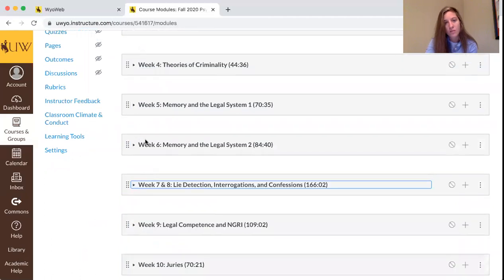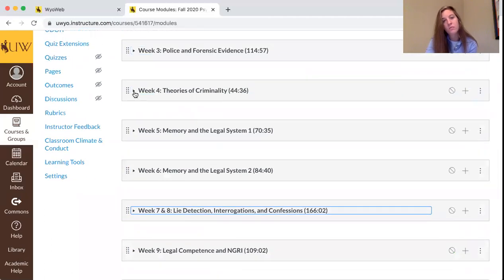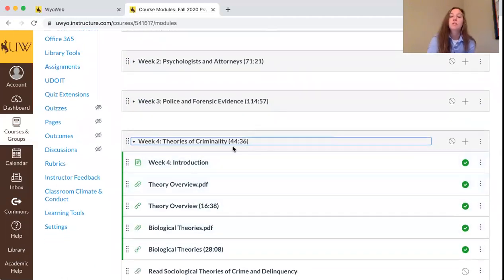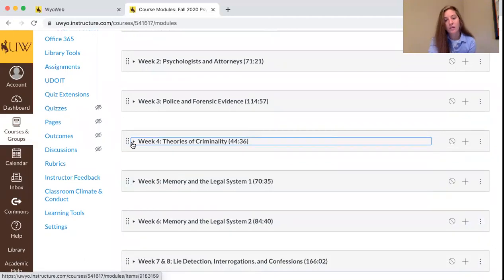And then I believe there's at least 1 week, maybe more, where the lecture materials might be a little bit shorter, but I'll ask you to read some supplementary journal articles, which you can find right here on the PDFs. But again, I'll keep you updated throughout the weeks, and make sure to touch base with that introduction every week to just get a layout of what you're going to be asked to do.